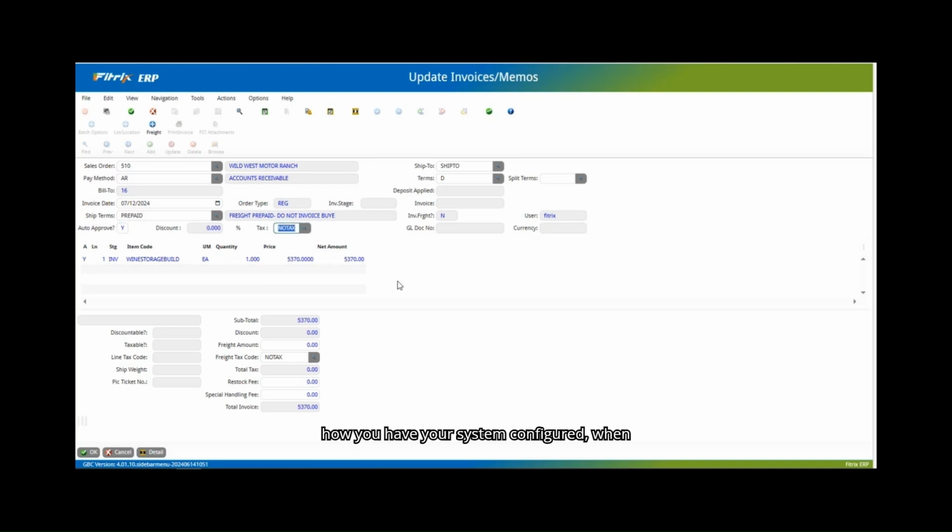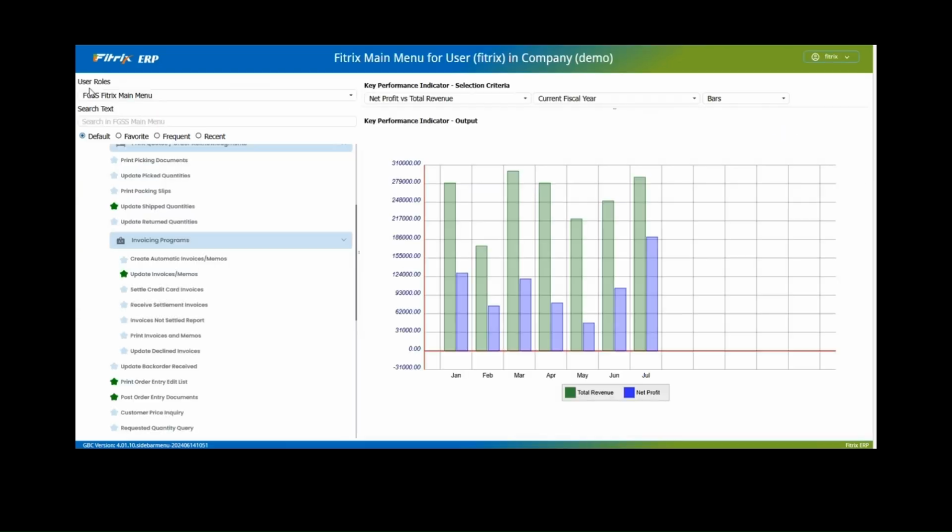Now, based on how you have your system configured, when I hit that auto approve, I can set it up so it's streamlined. And as soon as I hit that flag to Y, it'll ask me if I want to print the invoice, and then do I want to print the edit, and then do I want to post the transaction. But I don't have it set up that way in here. So I'm going to save this here, and I'm going to have to go back to the menu to run those steps. All right. So then what I'm going to do is I'm going to go into print invoices and